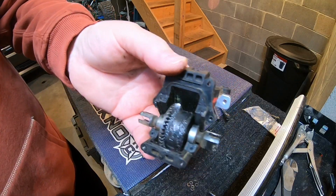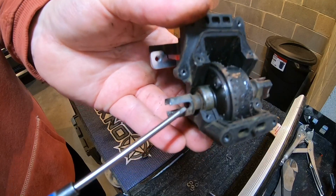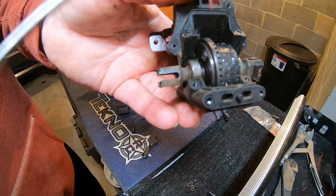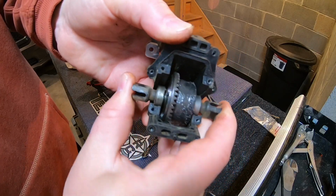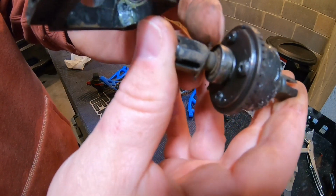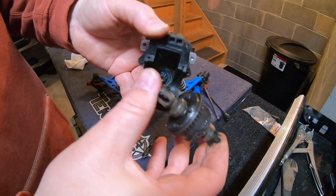Alrighty, well, we got the diff over to the new case, and this one does have one shim in it. Right there is where you want to place your shims, next to the bearings. I know a lot of people have asked, well, you said you shimmed the diff case, but where does it go? Right in here, there's a shim. On some cars there will be, some there won't be, some you might need to add one there. But that shim you see right there floating around, you have to add and feel the play you got from